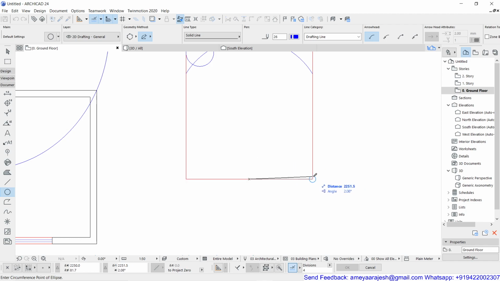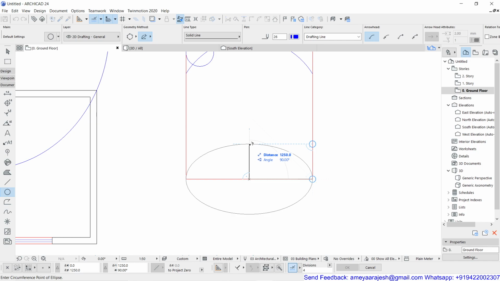So once I pick this point, you must have realized my ellipse has started getting displayed in front of me. And now it is written again, enter circumference point of ellipse. That is as good as specifying the other axis length, half length again. So what I'm going to do is touch this vertical line. First of all, I'll get the blip. On the blip, I'll stay for a while and I'll get a guideline from there. Okay, so this is what I'm going to do.